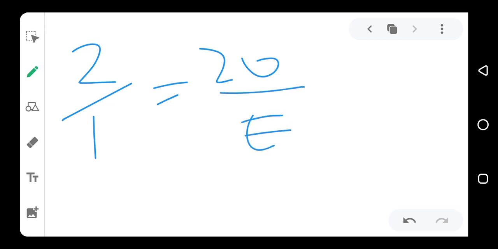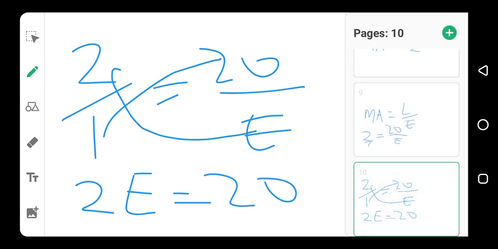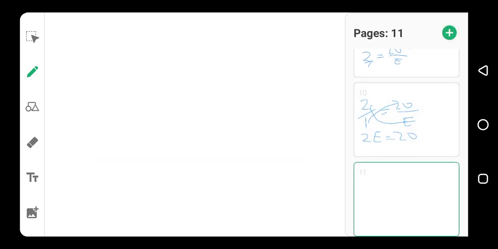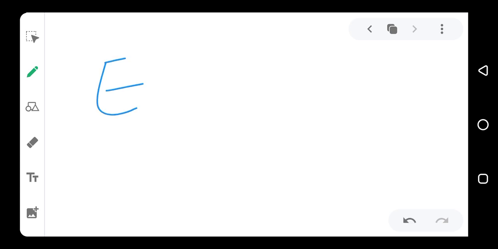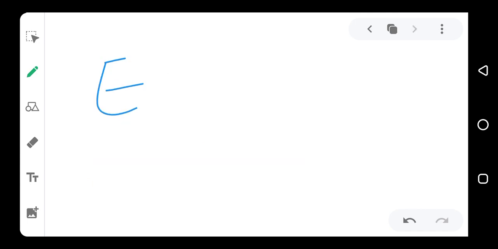We do cross multiplication. So it gives us 2 times E is equal to 2E, and 1 times 20 is equal to 20. Then our E is equal to, 2 is on this side, and if it is coming to the other side, it will become division. So it will divide the 20. So we have E is equal to